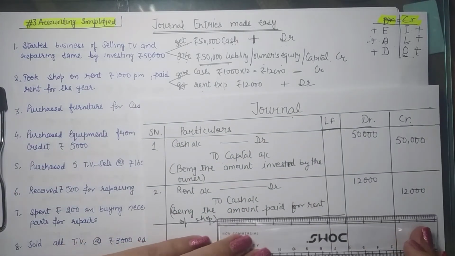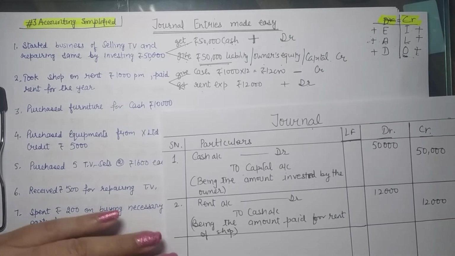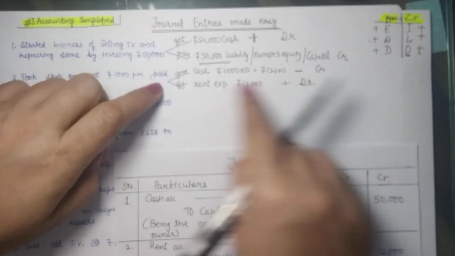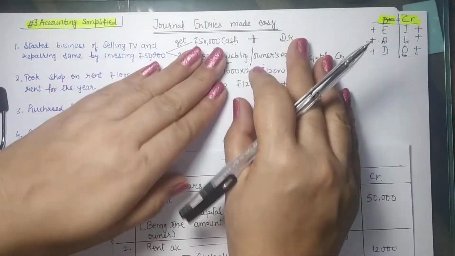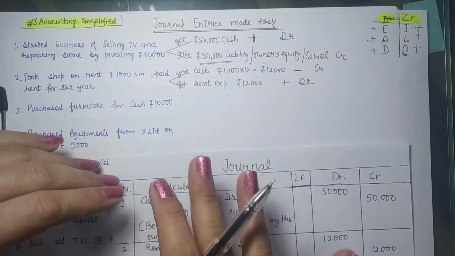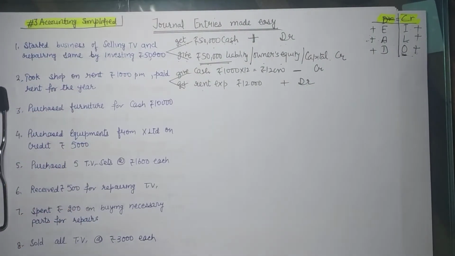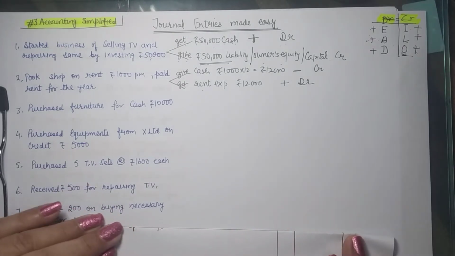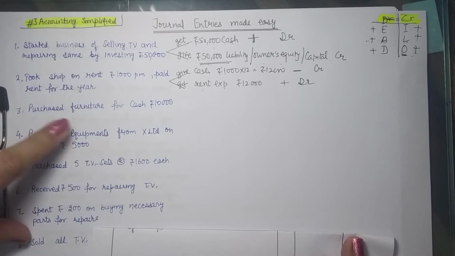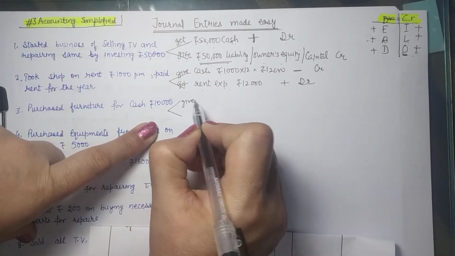Now consider the third. Now you see, you can also pass entries quickly, but you need to do this. Once you practice this and you master this, then we don't need to write it. You can do this in your mind and you will also come up with the entries magically. So you need to practice. The key is practice, practice and practice. Now, purchased furniture for cash. So what do you give? Out of give